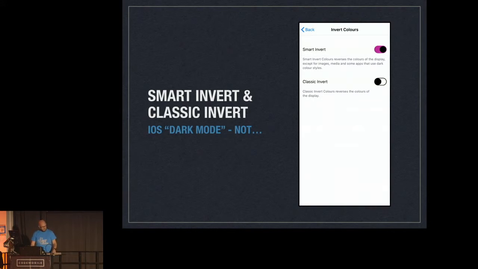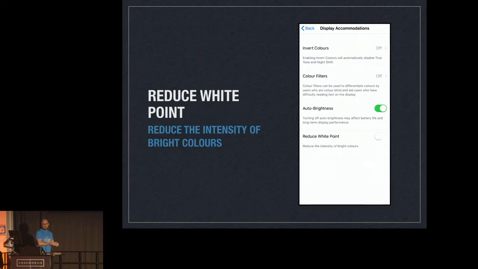And the last one I tried with her was Reduce White Point, which reduces the intensity of bright colours. So flick that one on and basically, not much difference. Okay, fair enough. So I thought that was interesting to see, and it was really interesting that there was just no idea that she could go into accessibility settings and play around with this and try and find something that was suitable for her. Part of me was shocked, but then at the same time, part of me was like, well, do you really expect 13-year-old kids to know this? And I don't know, where do we need to put the awareness? Something I'll touch on in the conclusion, but I found it really interesting. It was a real eye-opener.